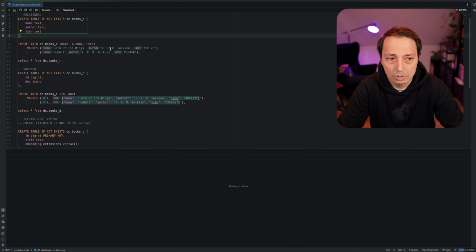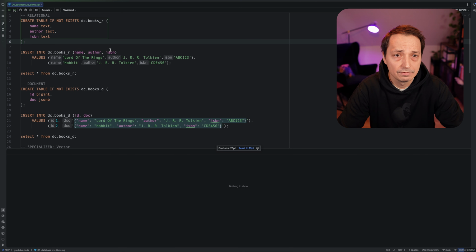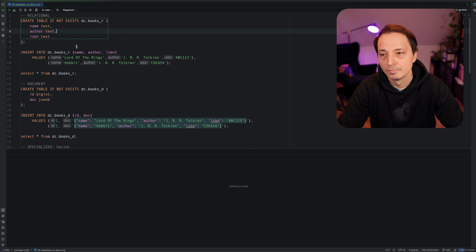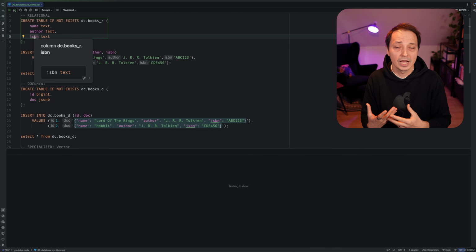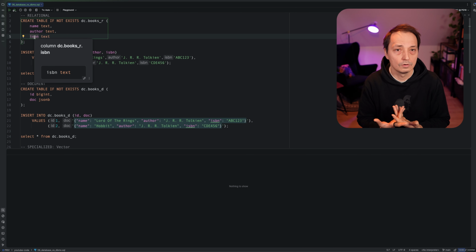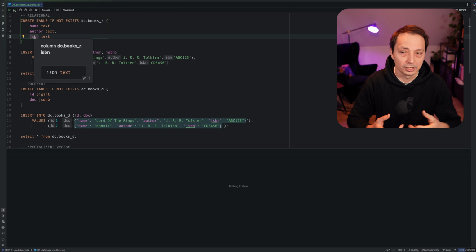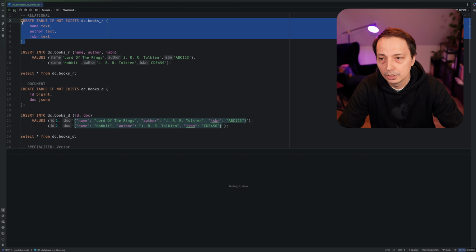When we want to, for instance, save information about the books inside of a table, we are going to create a table named books_r. This table has a name, an author, and an ISBN, right? So the table has columns, attributes of basically an object. And when we are going to create this one